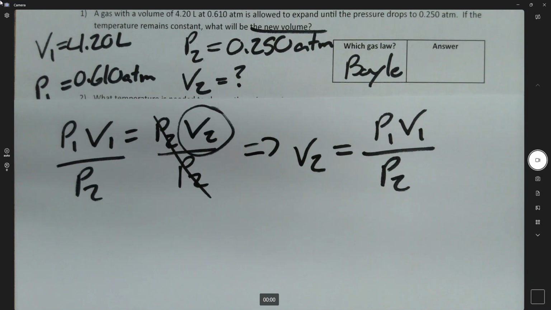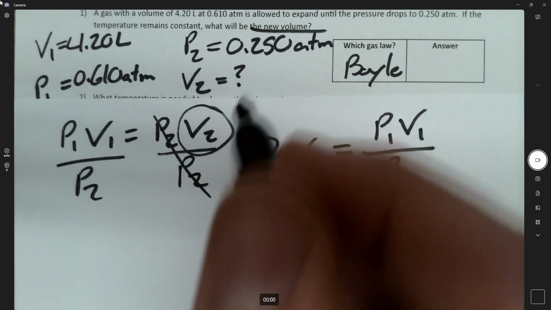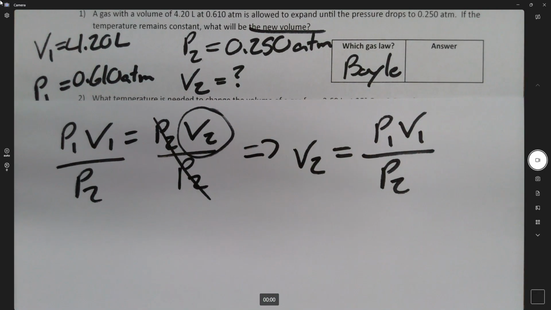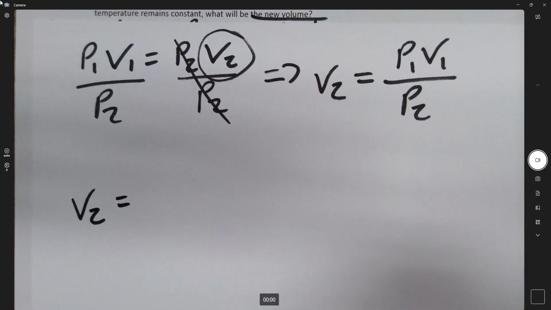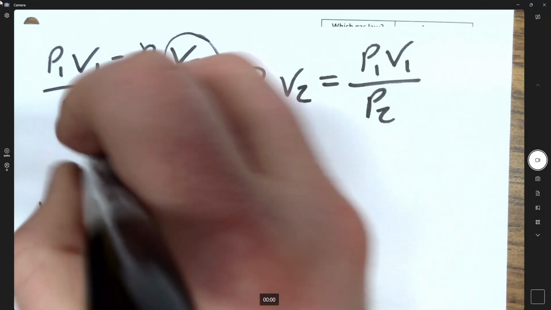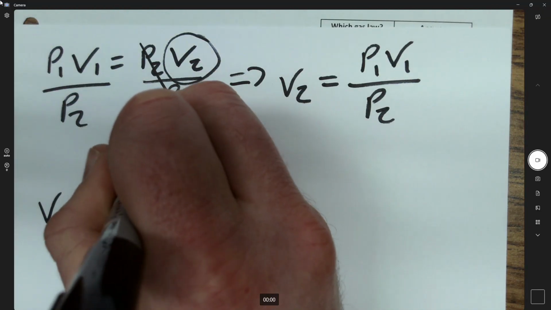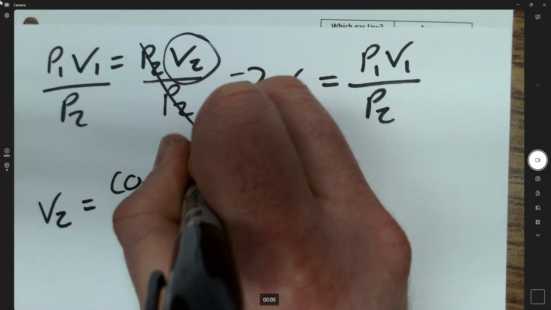So everybody see how I did that? Now, I have my variables. All I gotta do is plug and chug, right? V2 is equal to P1, which is 0.610 atmosphere,